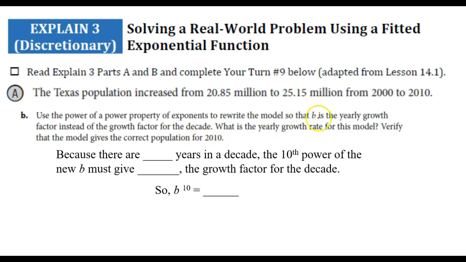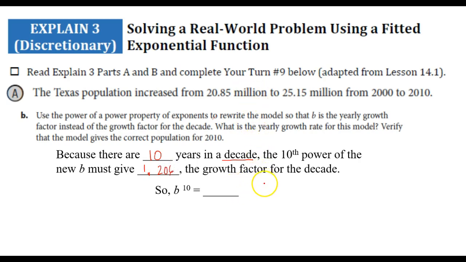So they're saying let's find the b value if instead we use the power of a power property for exponents to rewrite the model so that b is a yearly growth factor instead of a decade factor. So let's say because there are, how many years are in a decade anyways? 10, right? So we're going to do 10 years in a decade. The 10th power of the new b must give the b value we got in the last one, which was about 1.206